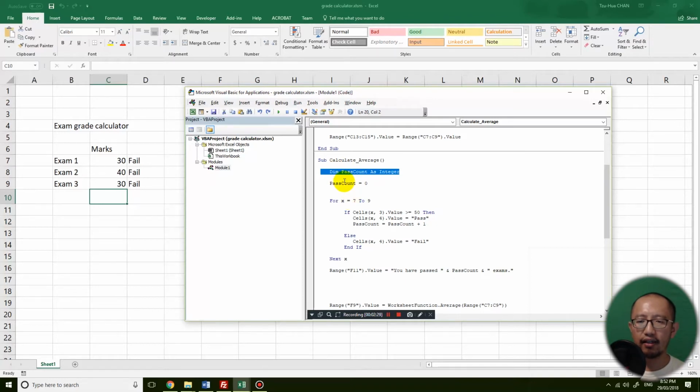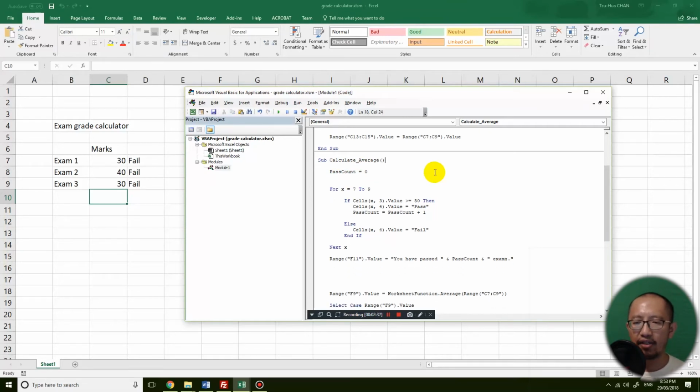Okay, firstly, I want to show you guys what happens if you don't declare the variable. What happens if I make a spelling mistake? So let's say pass count equals pass count plus 1. In this line, I'm going to deliberately misspell this word. So I'm going to make it PAS count. And if I save this, Control S, and I click this calculate average,